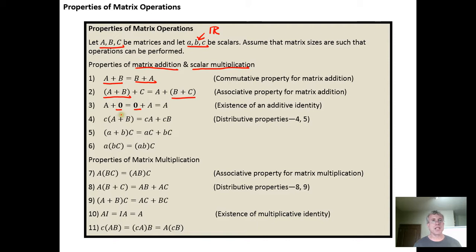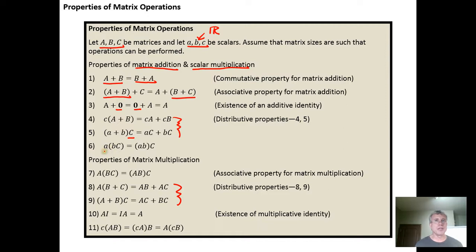We have a distributive property for a scalar over the sum of two matrices. We have a distributive property for a matrix distributing into two scalars. So we have two distributive properties here. We're actually going to see that we have another set of distributive properties here. So four sets of distributive properties. And then we have